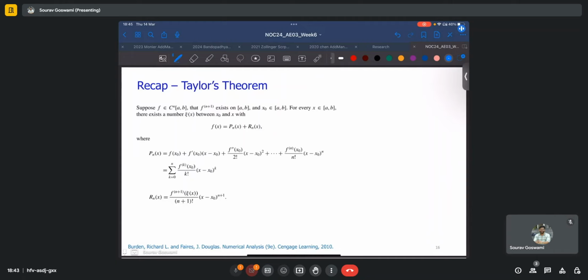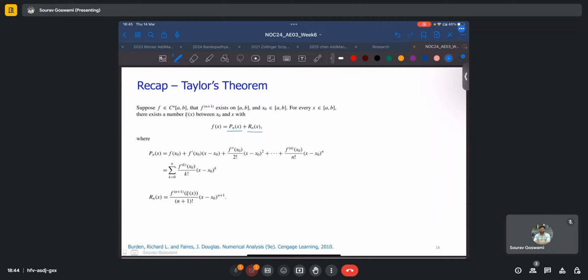And what it says is that suppose the function f is nth order continuous on the closed interval AB, such that the n plus 1th derivative of f exists on closed AB, and x naught belongs to closed AB as well. Now, for every x belonging to closed AB, there exists a number zeta of x between x naught and x, with f of x equals some Pn of x plus some remainder term Rn